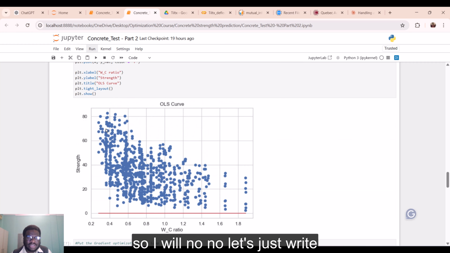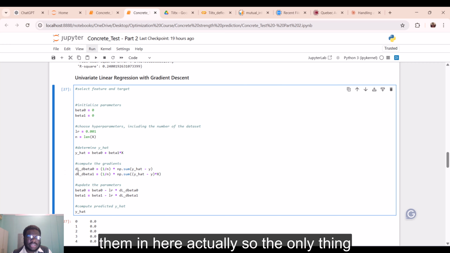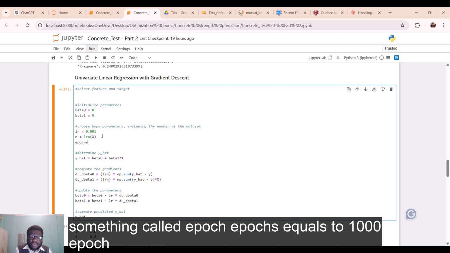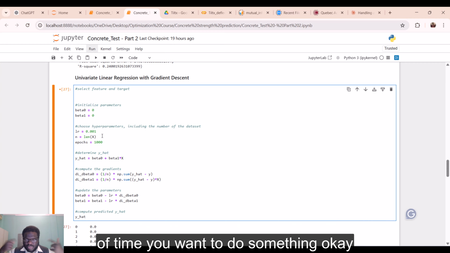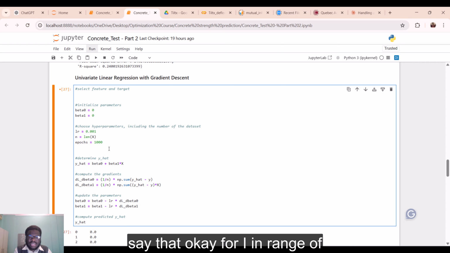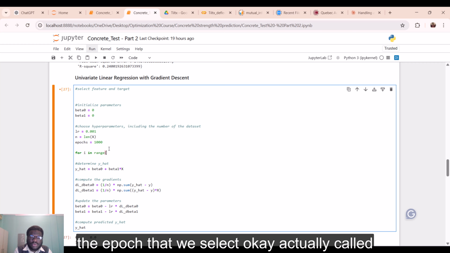Let's put a loop here. Actually, let's just write everything here. The only thing I need to specify is something called epochs. Epochs equals 1000. Epoch simply means the number of iterations, the number of times you want to do something. So I would say, for i in range of the epochs that we select,